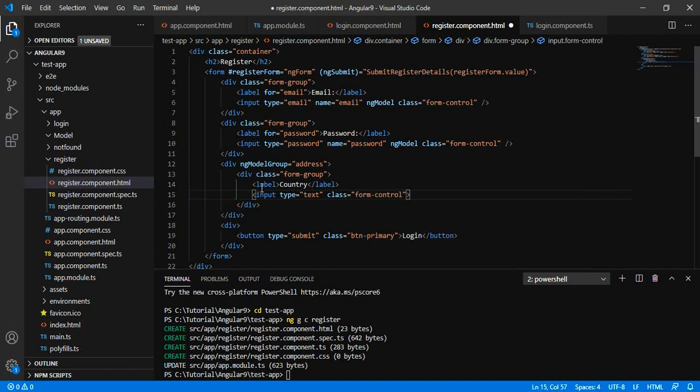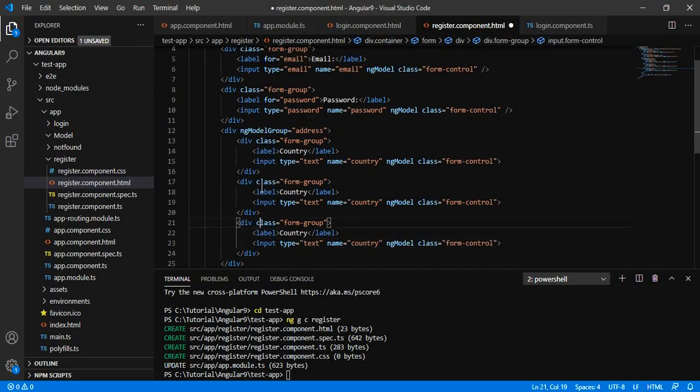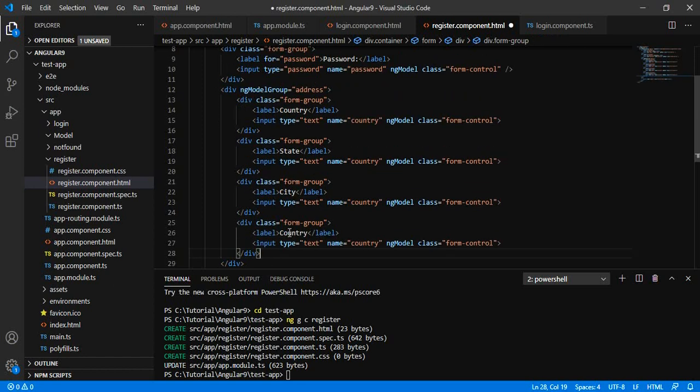Whatever controls come under this particular div of ngModelGroup will be a part of that group, and we will be able to access this address with the help of registerForm.address.controlName, that is country or city or state. We can directly access registerForm.email and name, but to access the country we have to go through registerForm.address then country.